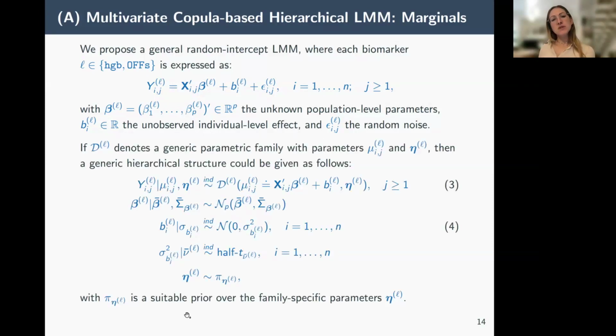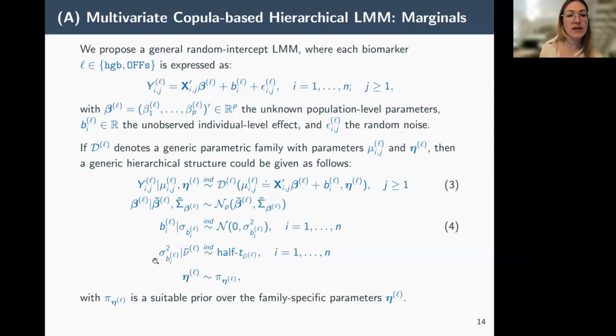For example, we propose it in a very, very general way where everyone can choose a generic parametric family, which depends on some parameters, say parameter mu, which is the parameter related to the mean, and some other set of parameters, eta, which can be related, for example, to the scale of the distribution. And each of the parameters within this distribution are then modeled themselves following the same similar hierarchical structure within the same Bayesian framework. So we propose normal distribution for the population level parameters and the individual level parameters, and some,